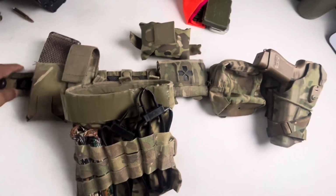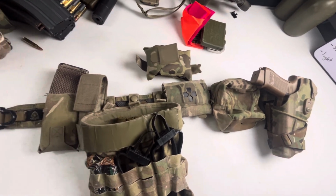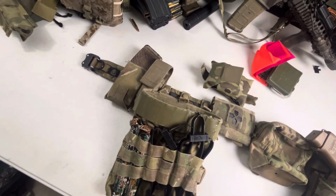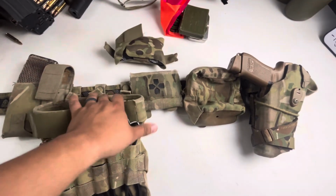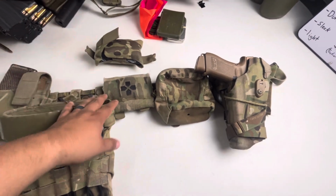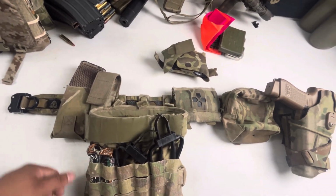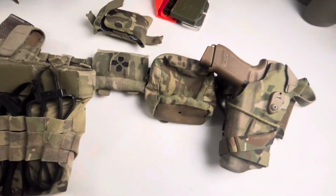It does have a small cloth inner belt, and I don't have it with me right now to show you guys, but it does have a small Multicam hook and loop inner belt. It's super thin. But with that being said,